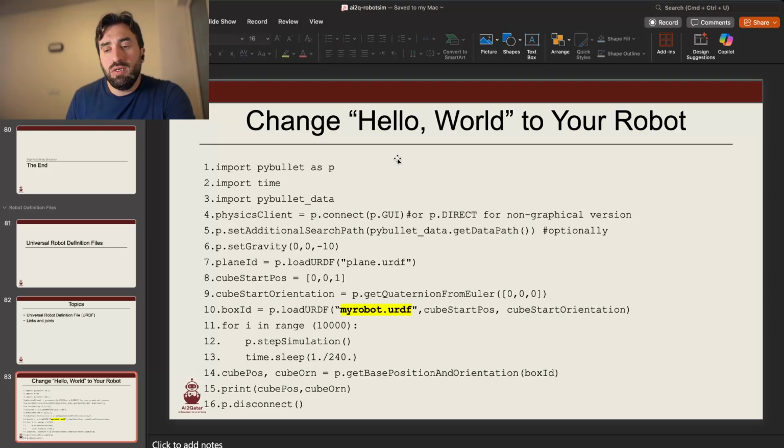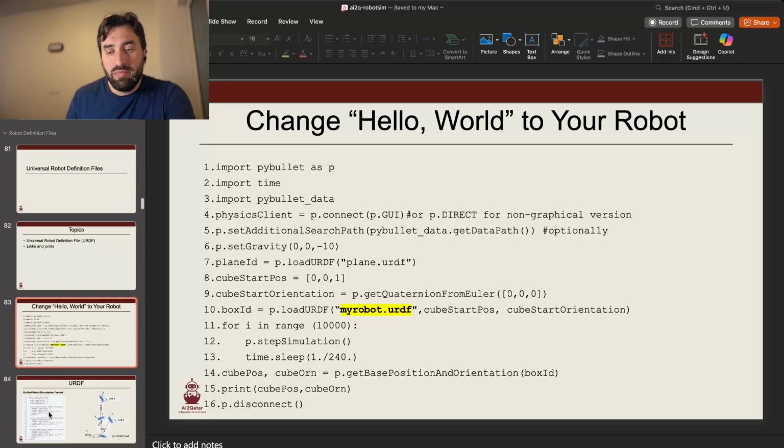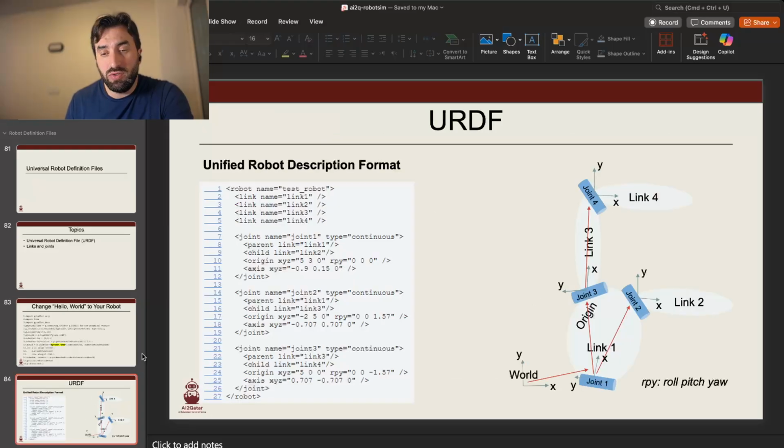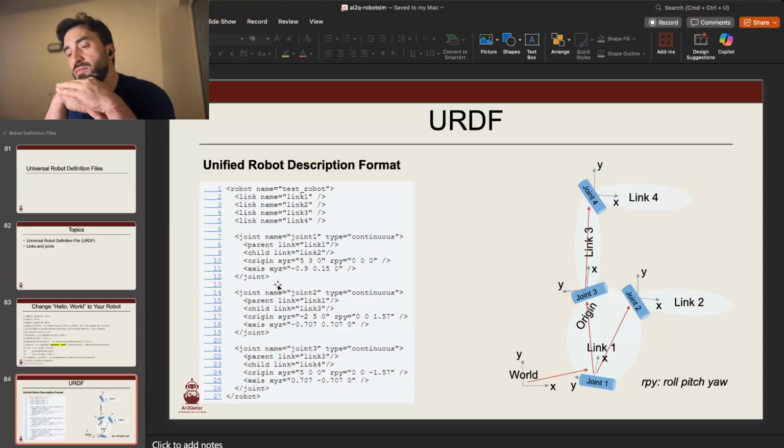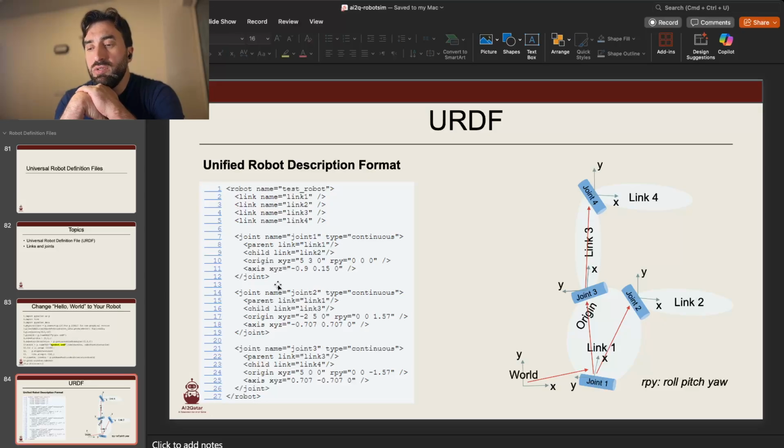When you want to use a different robot instead of one of those robots from the library, instead of loading the library robot, you create a URDF file and load that, which should also be in the same directory where this Python file is. Now, how to write this code for the URDF file is another story. When you want to create your robot using the URDF file,